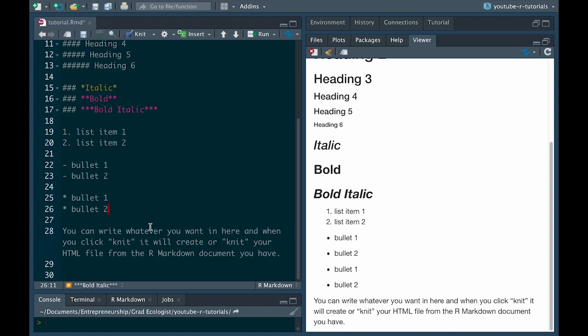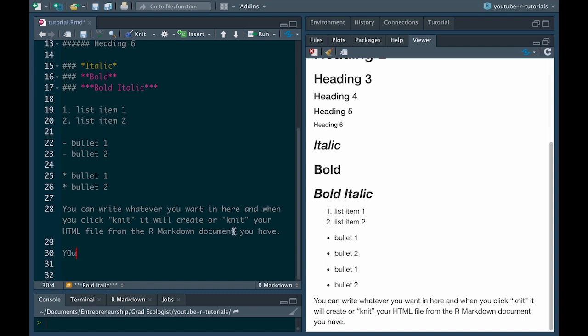You can also add links to the text. Okay, let's leave our paragraph here and start a new one. You can also add links to your document, for example, and then use these square brackets.